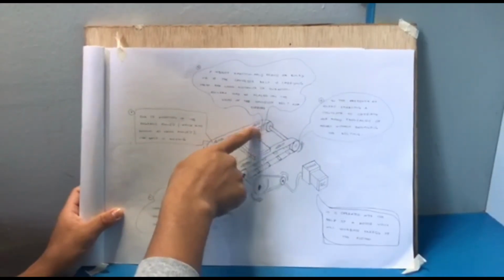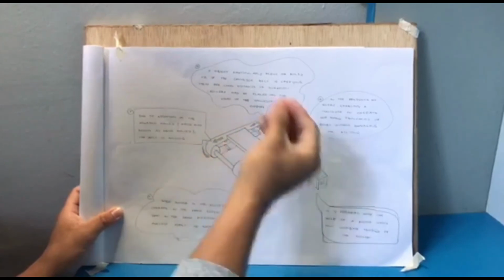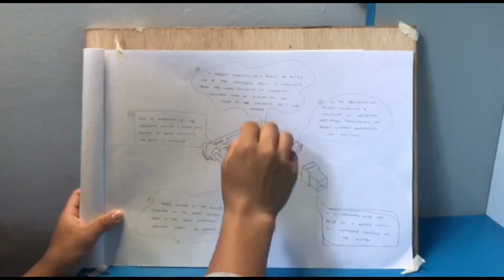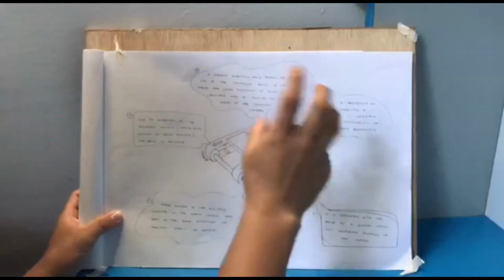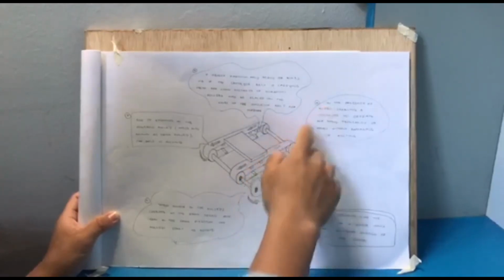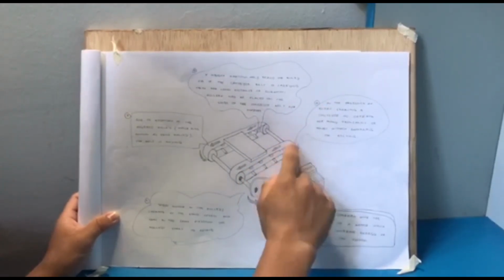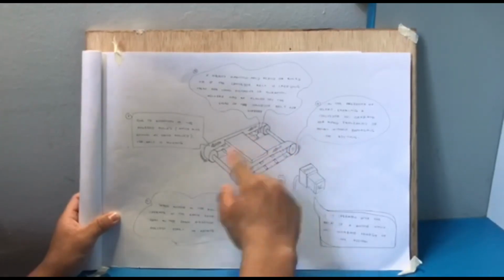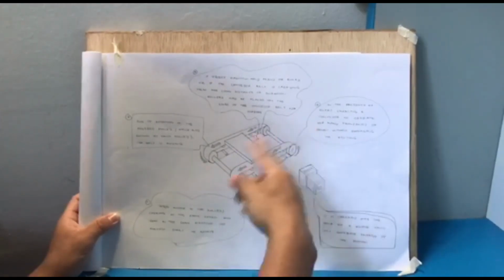The function of the roller is to support the belt so it cannot be broken in a short time. And last, the function of this idler is to operate for many thousands of hours without damaging the belt, so it can generate